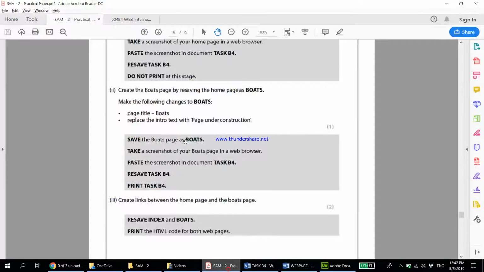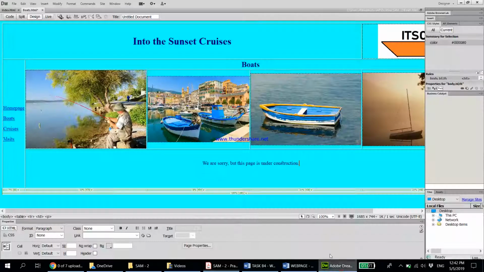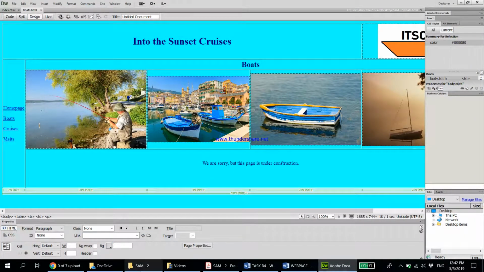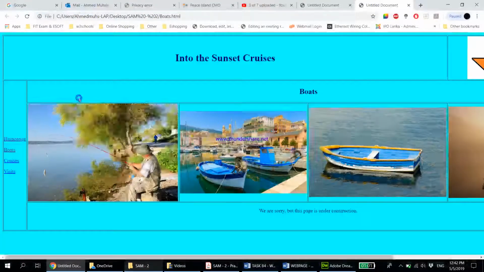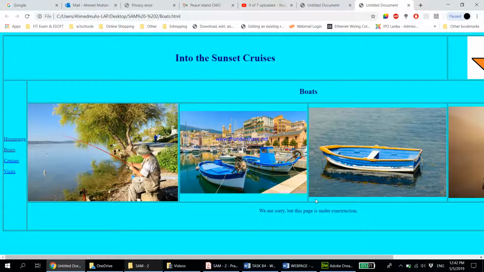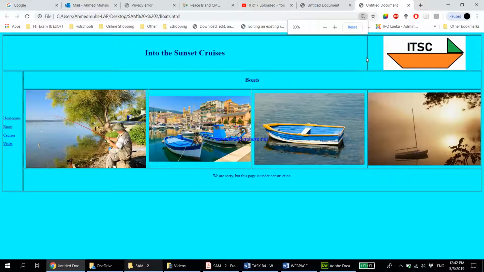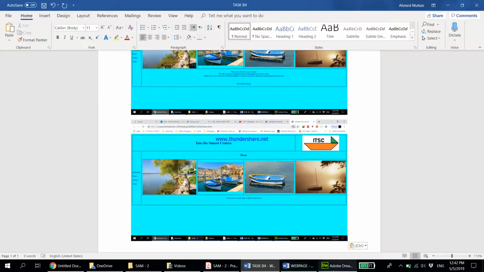And going back to our page, save the boats page as boats. Take a screenshot of boats page in your web browser. Save as, well, we already did that. We're supposed to take a Control S. Supposed to open this and take a screenshot of this. Let's zoom out once more. Take a screenshot of this so it's not properly visible. Take a screenshot of this and come to task B4 and paste it, and